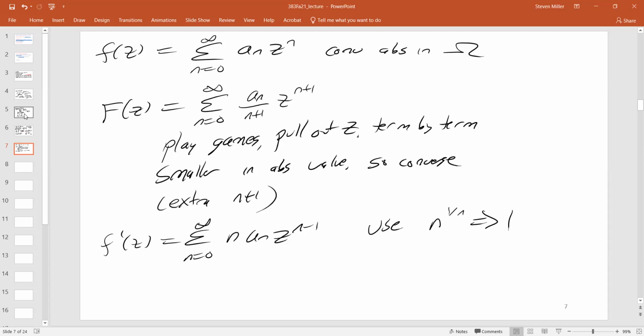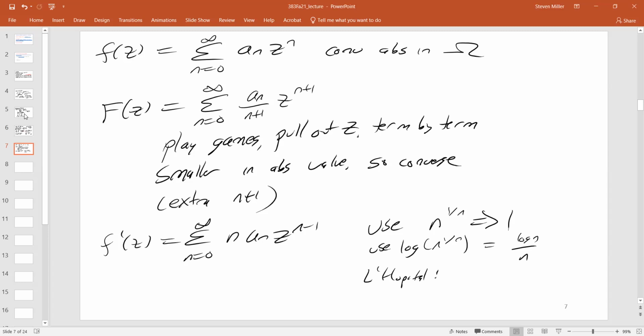Okay, so it's a little bit more work to prove things term by term, and that's why we actually had to have those arguments to just do things a little bit more carefully. And we need that n to the 1 over n goes to 1. The best way to do that is L'Hopital. Use logs. Whenever you have a product, take logs, and the log of n to the 1 over n is just going to be the log of n over n. Now you L'Hopital.